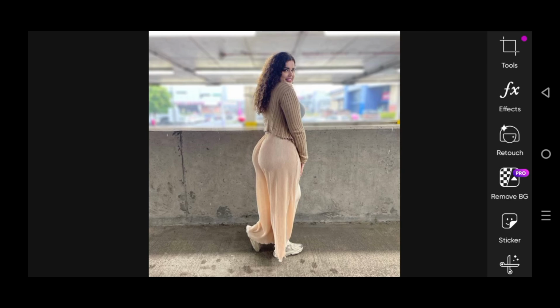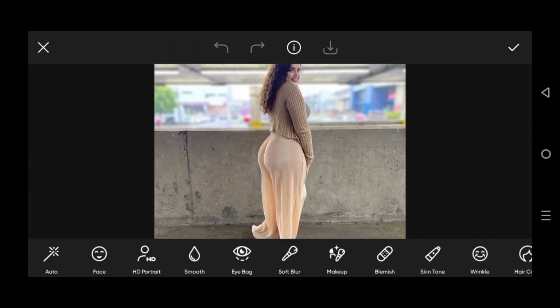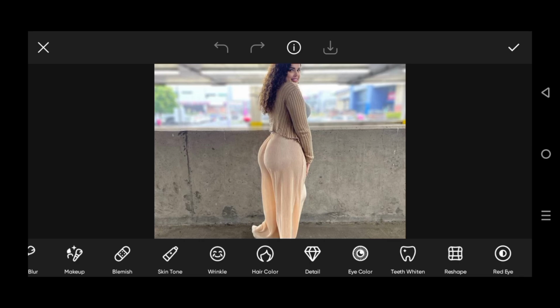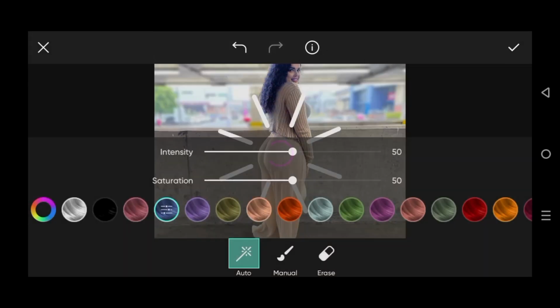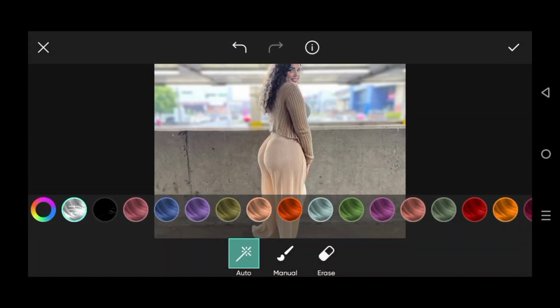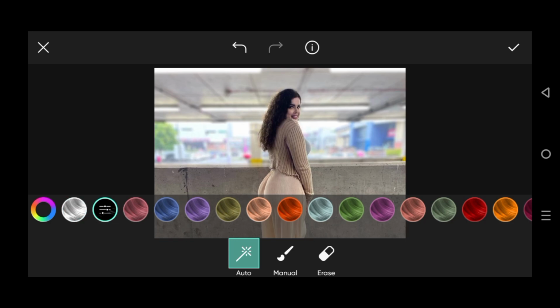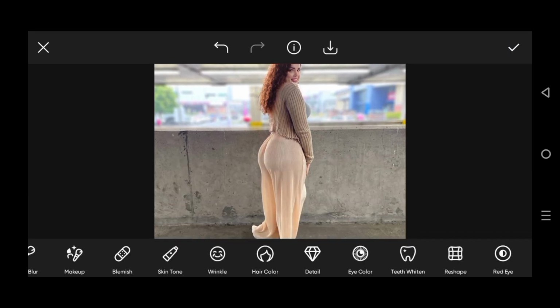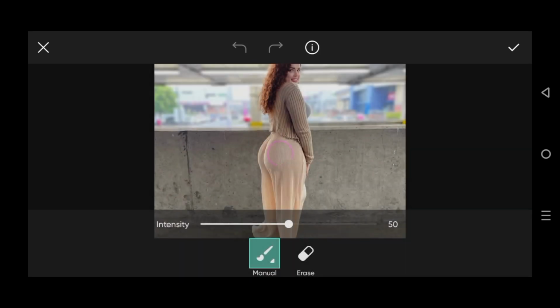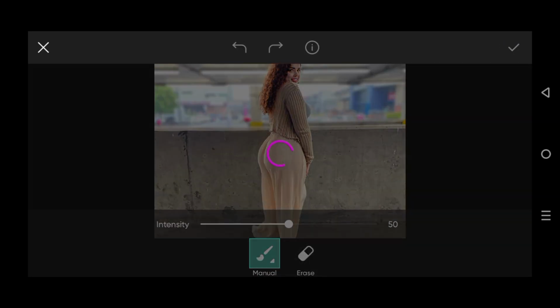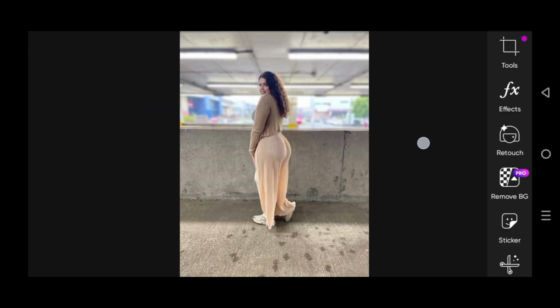So dear students, here we could also bring some other changes, like we could apply that beautiful hair color options on it. So here we could apply these kinds of hair color, and I have to select that one. Now we could apply the detail options on her face, which is going to look like that.